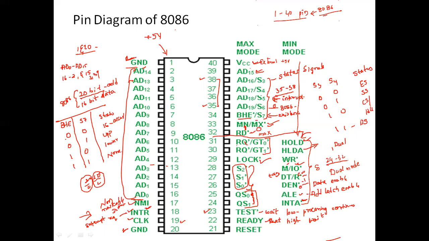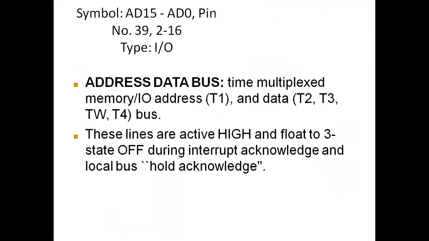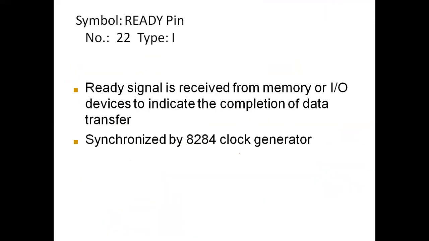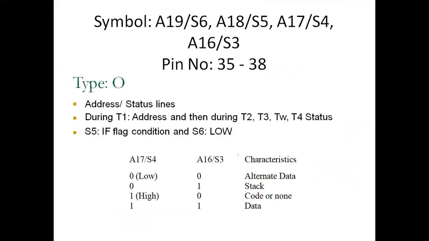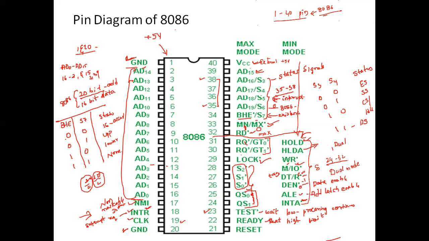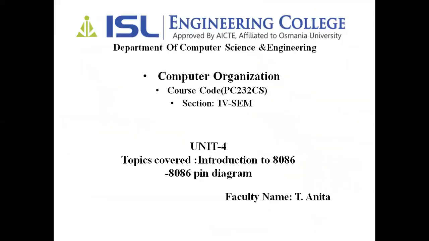So these are all the pins that are available in the 8086 microprocessor, and the working of each pin is explained clearly. The remaining is the notes for the theory part. First listen to the pin diagram concept and then study the theory, then it will be more beneficial for understanding easily. The 40 pins and the explanation of each pin are clearly given here. Go through the video clearly and understand the concept well.